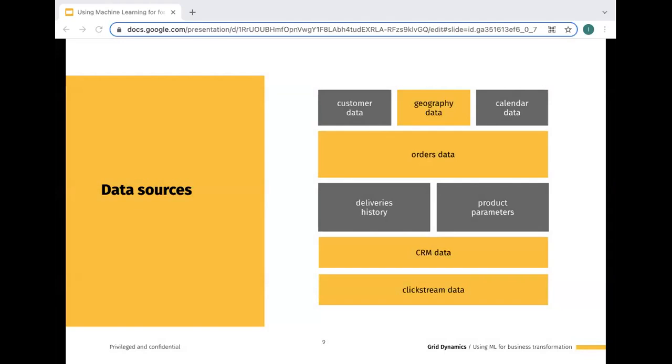To speak about data sources, we had several data sources with different natures. So as an example, we have customer data, something about age, emails, where they are from. We also have additional geography data about warehouses, distance to customers, delivery points, and so on. Also, we have calendar data,